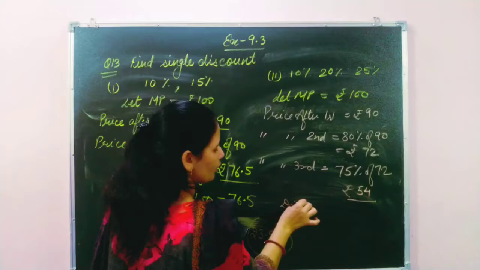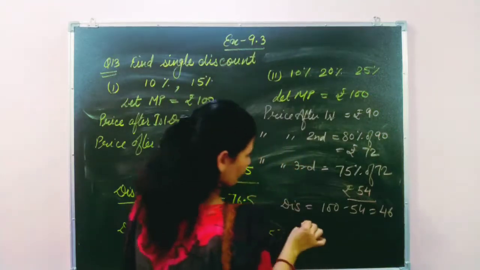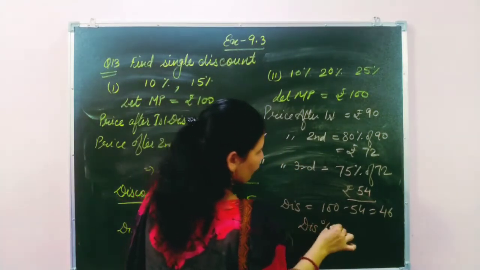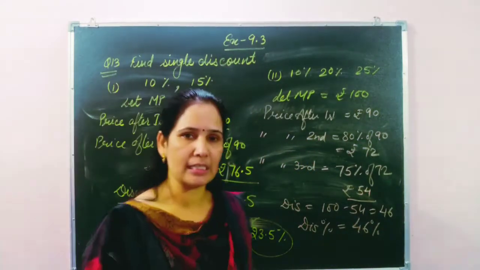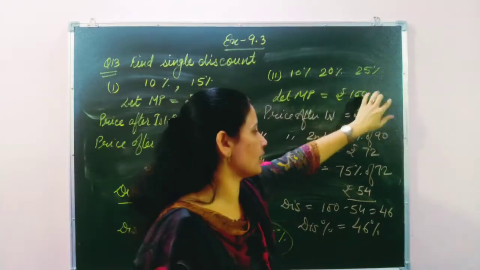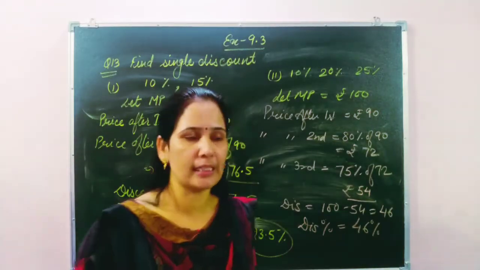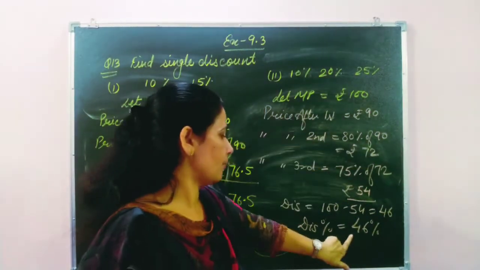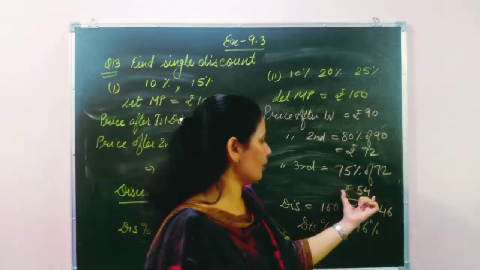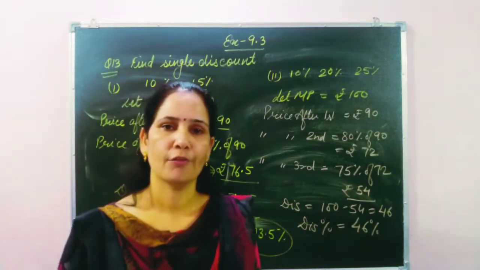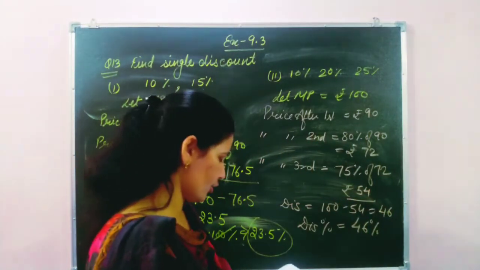So here we can write the discount amount 100 minus 54. That means the single discount is 46%. So might be you understood, students, what is a single discount. Means instead of applying these 3 discounts one by one, you apply a single discount one time only. So that is called the single discount. So instead of these 3, the shopkeeper can use 46% of MP. Then also you get the same price, rupees 54. Okay students. Now then after, discuss the next question of our exercise.